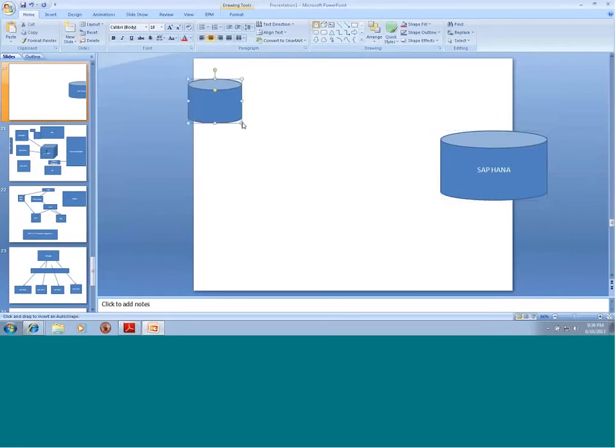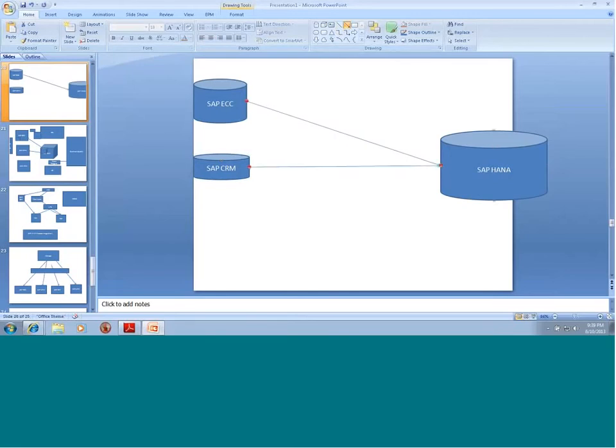And then I have my SAP ECC, SAP CRM, all this information. So if you look at it, data is residing in a transactional data format in the ECC system. It's residing in transactional data in CRM. What I'm doing is, I'm bringing this data. I have to get this data, do ETL processing, right? Like any other data warehousing tool, I have to do ETL processing to convert this data, do transformation, and load